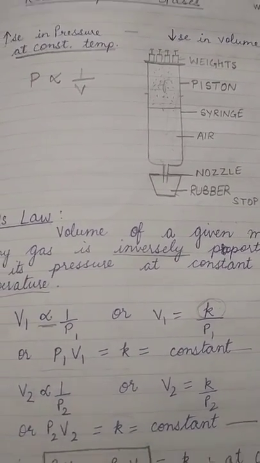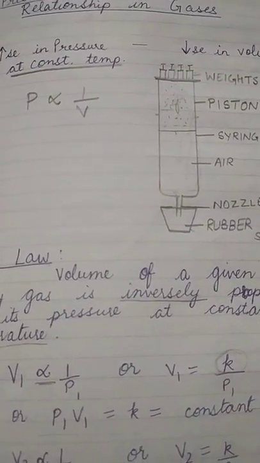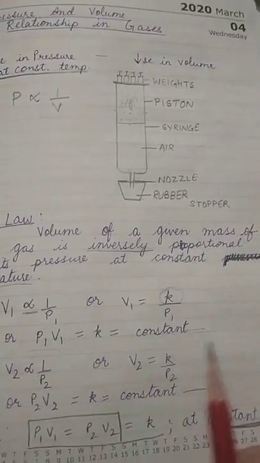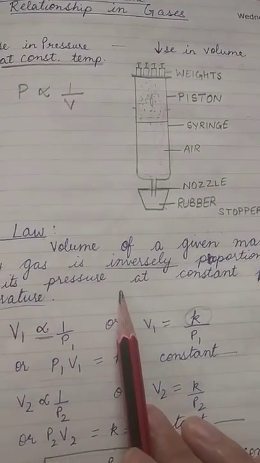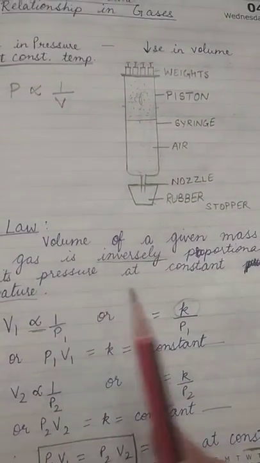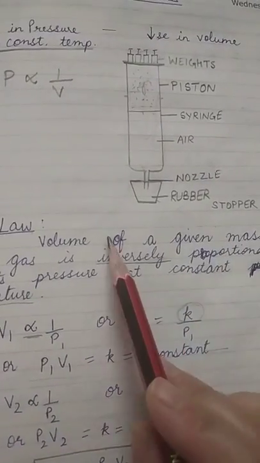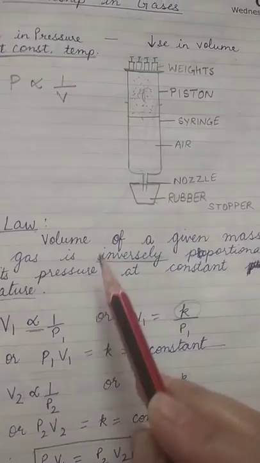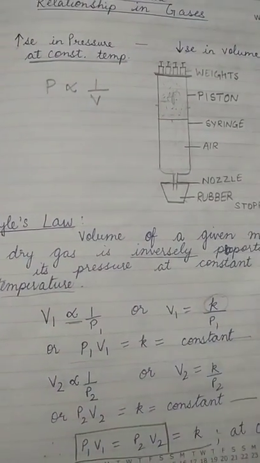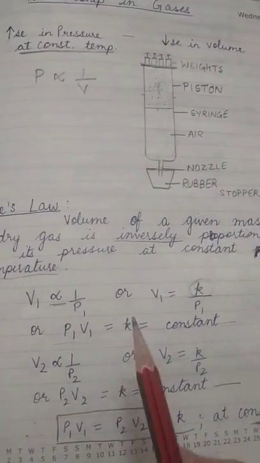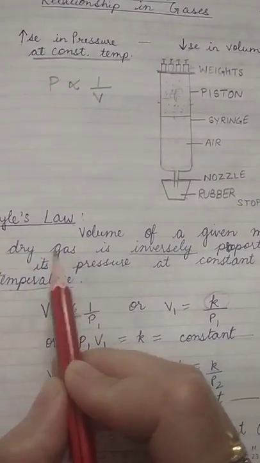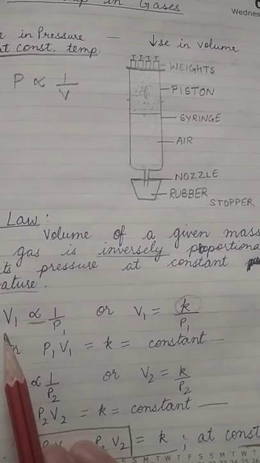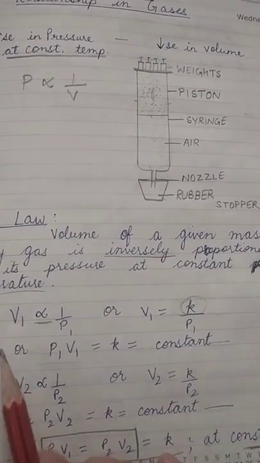So Robert Boyle was the scientist, and in the year 1662 he found out that if we are keeping the temperature constant, then the volume and the pressure are inversely proportional to each other for a given mass of dry gas. It has to be noted that it is dry gas, no moisture is there, it is just the gas. So the derivation of Boyle's law